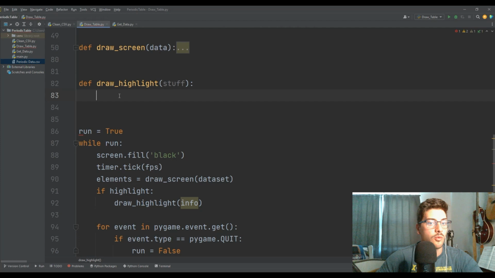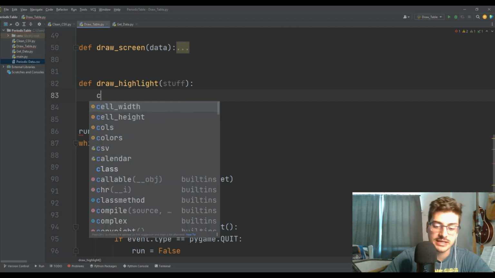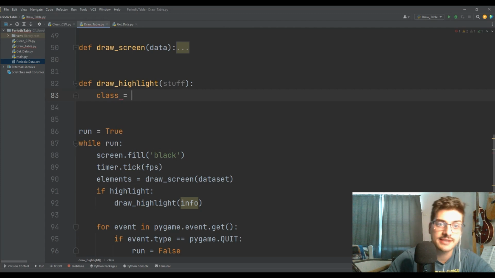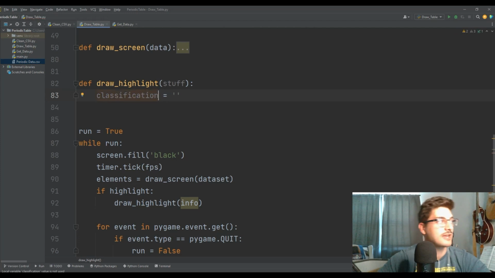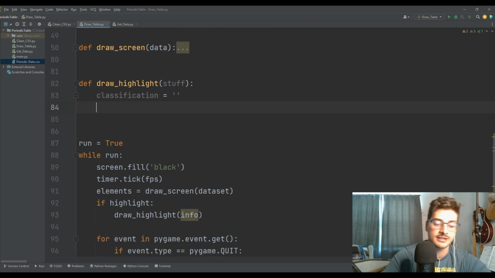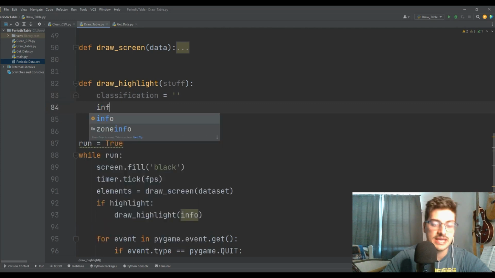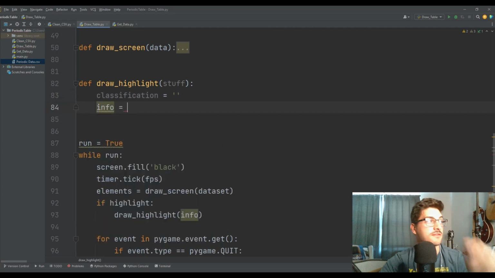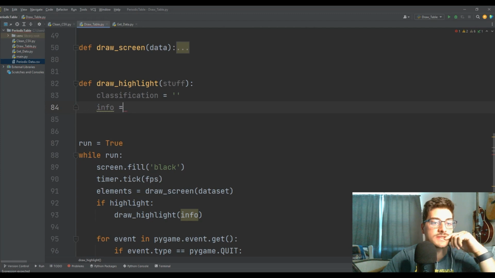But let's take a look at what we're going to draw from that stuff. So first off, the classification, which I'll just call class. Nope, I'm going to have to say more than class. We'll say classif, we'll say classification. There we go, just to get rid of any unclear stuff. And then we'll say info. All of the info we need is going to be equal to,